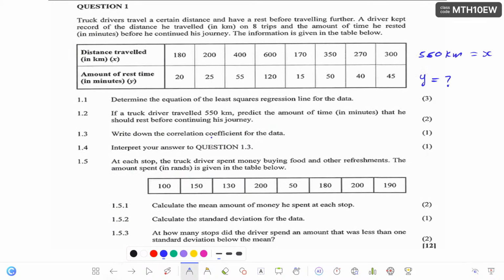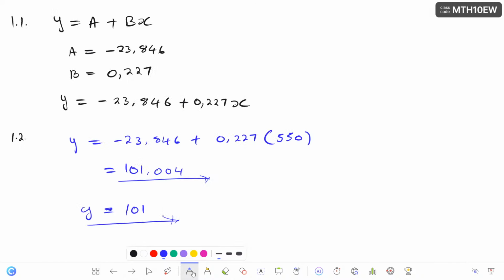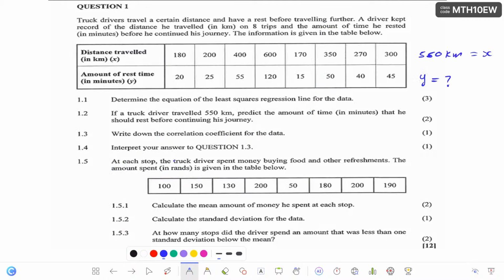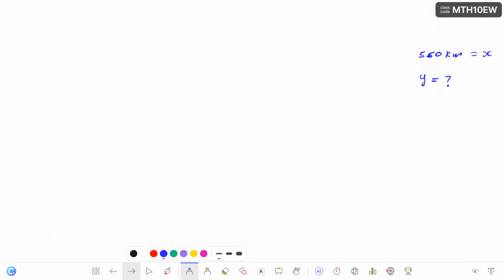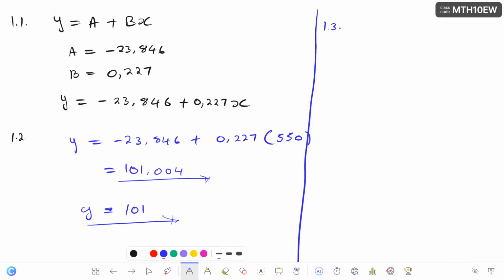Let's go to 1.3. They ask you to write down the correlation coefficient for the data. So you go to your calculator, press shift 1, press 5, regression. Yes, we're still working with the regression. You press 5, then you will find r equals